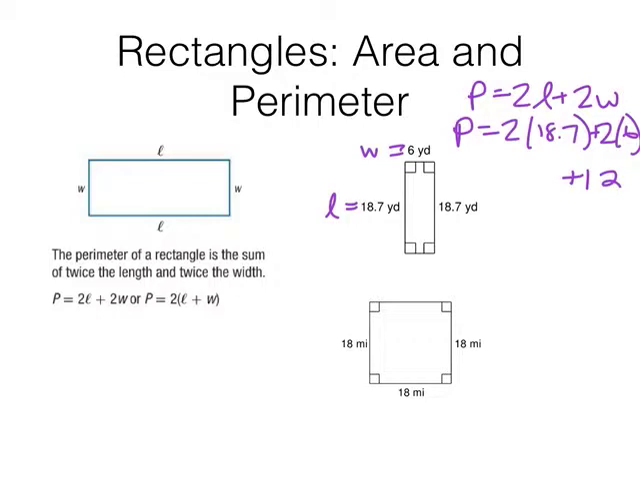18.7 times 2, let's see, 18 times 2 is 36. 0.7 times 2 is 1.4, so 37.4. And then when you add the two of those together, you should get, I think it's 49.4. Yeah, that's right. Now this is not square yards, this is just yards, linear units, as if I'm drawing around